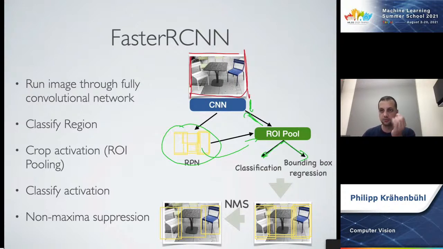And there's really two mechanisms in here that allow for this variable output. The first mechanism is the region proposal network here, which goes from an exhaustive list of all potential regions around features to a much smaller list of potential object locations.